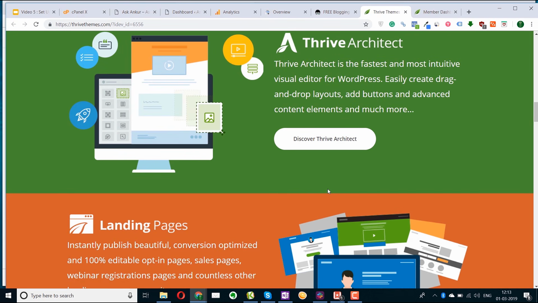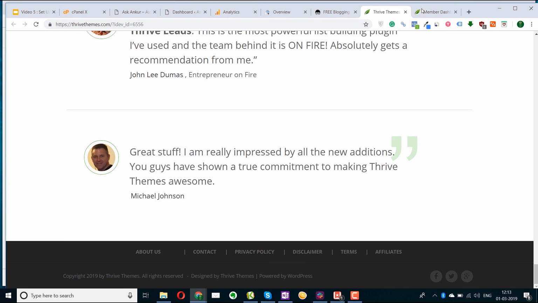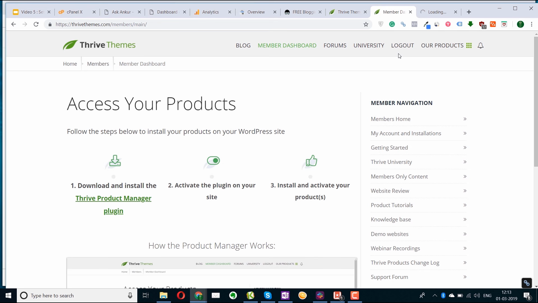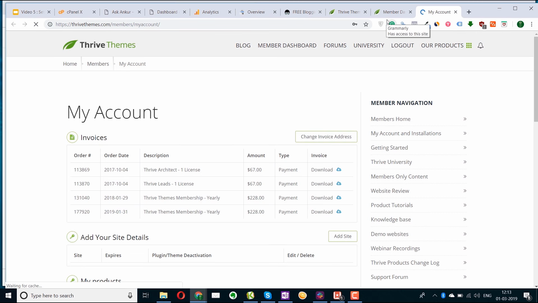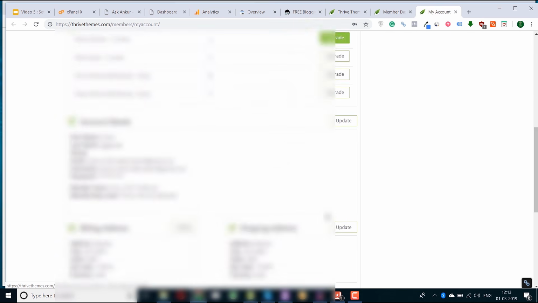So instead of buying them individually, what I have done is I have purchased a membership for all their products. I just pay a monthly premium, and I'm able to install all their plugins on multiple websites. I think that's a 25 limit. So you can use all their plugins for a fixed monthly fee on more than 20 websites. Currently I'm running 7 to 8 plus websites, and all of them use plugins from Thrive Themes, like the theme and the Thrive Leads and Architect, etc.